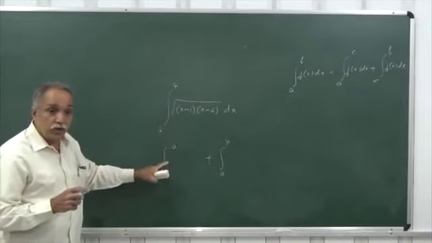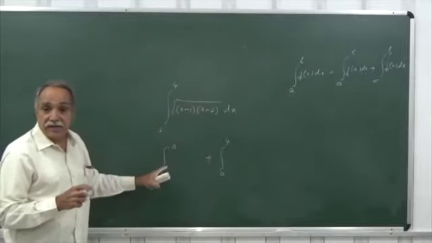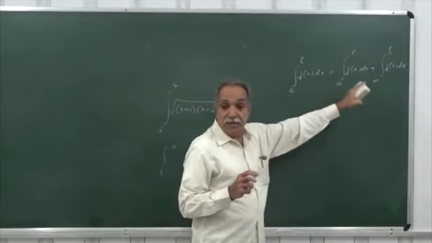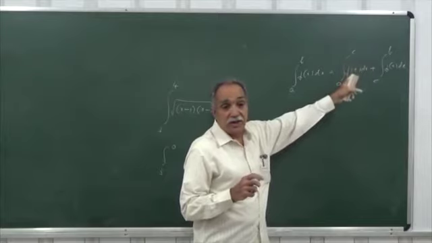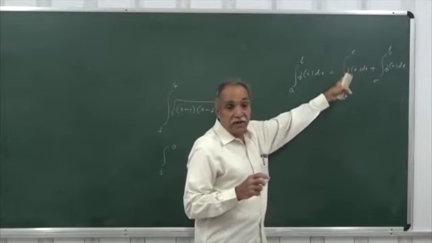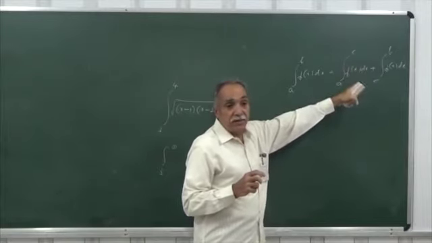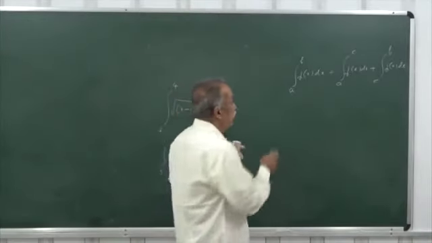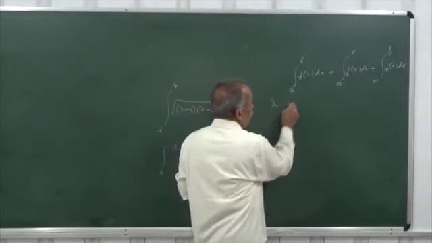So, it is wrong to quote that property and write the integral like this. As long as integrations are meaningful over each of the intervals of integration, the property is applicable. You can further subdivide the interval of integration. You can even write